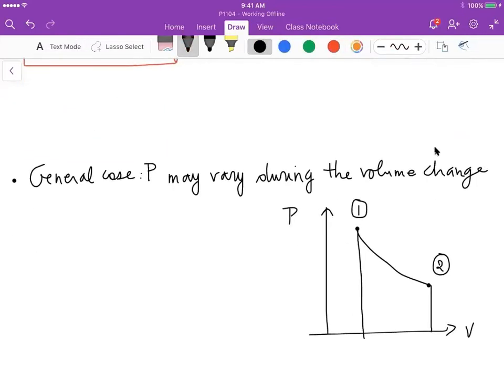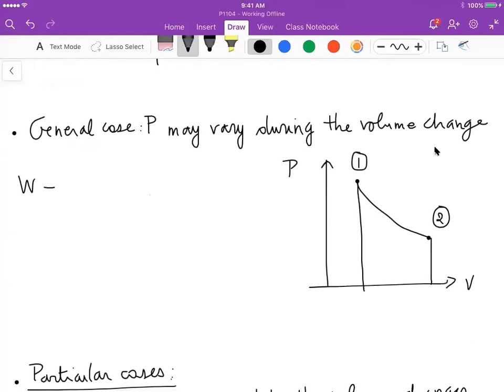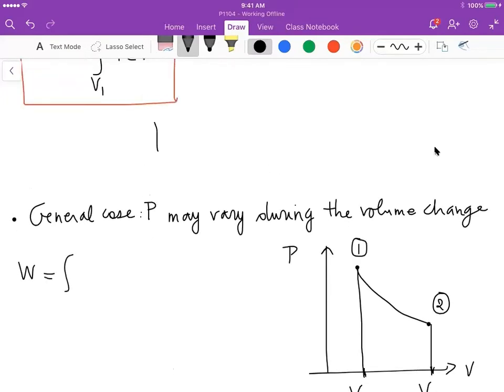This is the pressure as a function of V, and we could have the pressure varying as a function of V. So in this case the work W is the integral of P dV between V1 and V2, which means we are looking at this figure from V1 to V2. What is the work? It is the integral of P dV between V1 and V2, which is nothing else than the